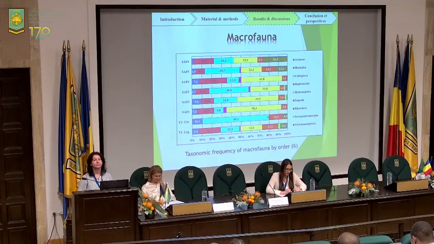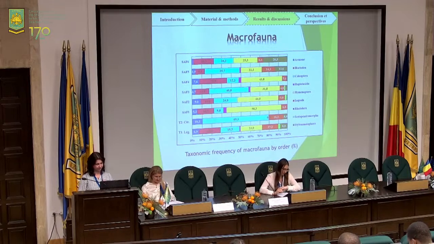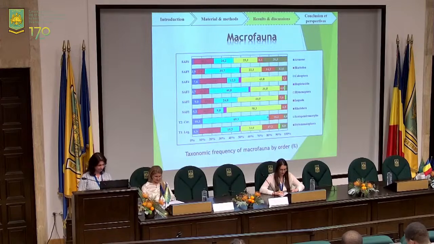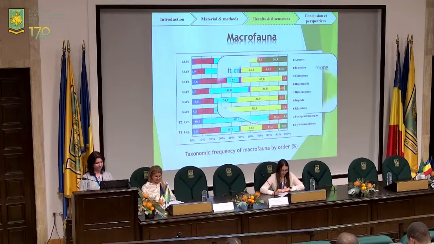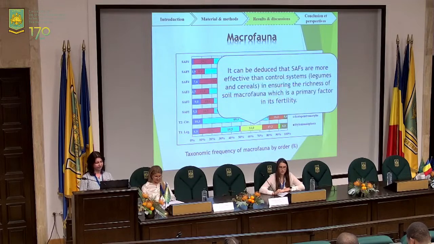Next. And the frequency of macrofauna by order. So we can show that Hymenoptera are the most represented family in all the macrofauna of the soils in this area. Next, it can deduce